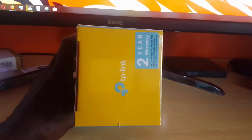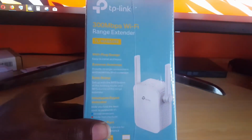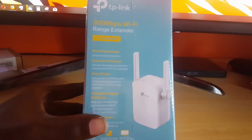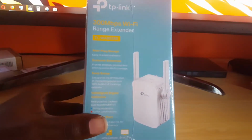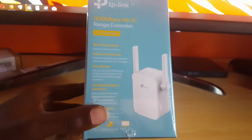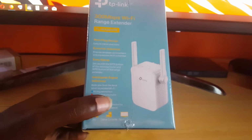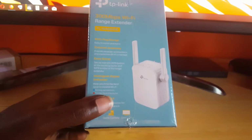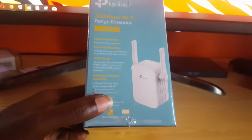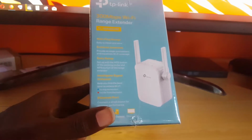Now if you look up here at the top of the box, it says a 2-year warranty. At the side here, it runs you through the product. It says it has a wall plug-in design for easy installation. Here's an external antenna. As you can see, easy setup, intelligent signal indicator, and I like that. It shows you two modes for the signal indicator. For a strong signal, you have a blue LED, and of course if it's weak or too far away from the source, it will show a red